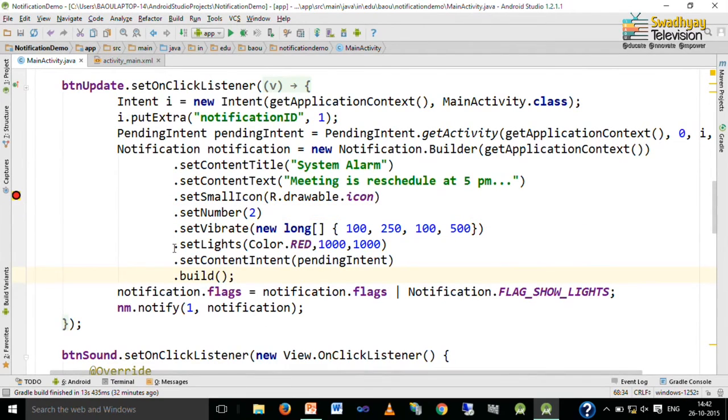Here we set the light to red with 1 second on time and 1 second off time, but remember this feature must be supported by the phone.